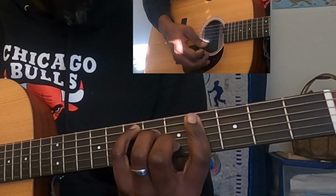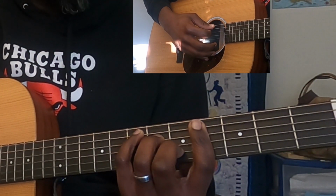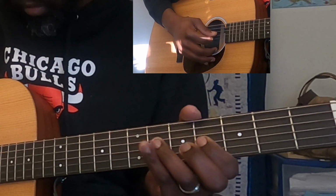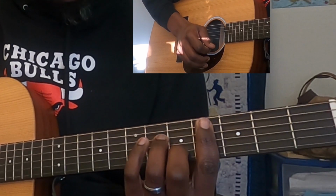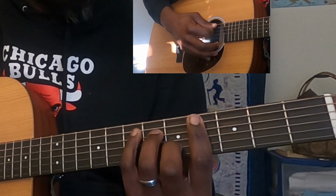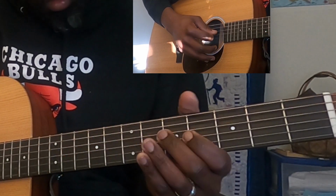Alright, so again, this is how I'm playing it. I can go over how to play it from the standard E as well. But let's start with the awesome riff here. So the reason I like playing this E here, it allows you to get into that riff easier, I think, personally, and I just like the way it sounds. So starting with this E shape here, hit that root note, so it's root, strum, and then,